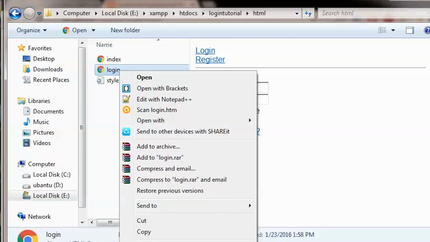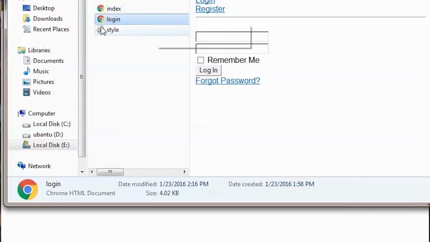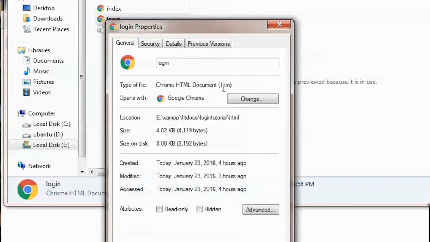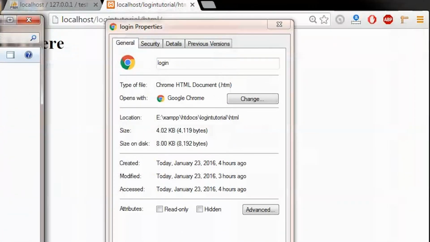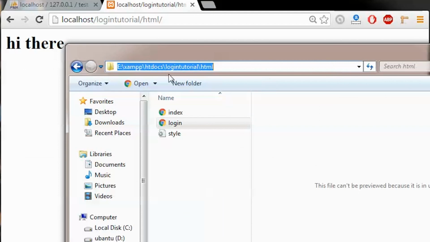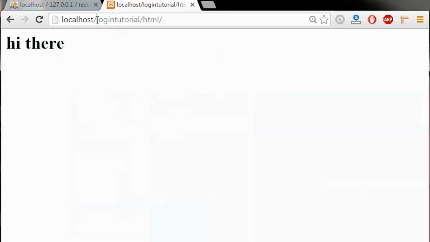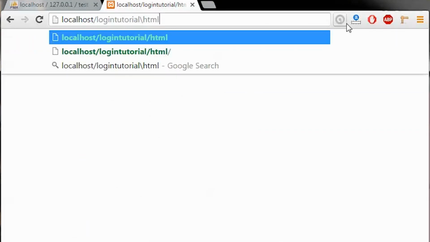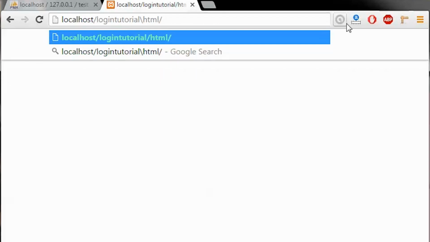As you see, the file is a login.html file. Just to confirm, we will right click on the file and click on properties, and here we'll see the correct extension for the file. Now all we've got to do to open the file is copy whatever part is after htdocs and paste it after localhost. You have to type in localhost, put a forward slash, paste, and put one more forward slash,